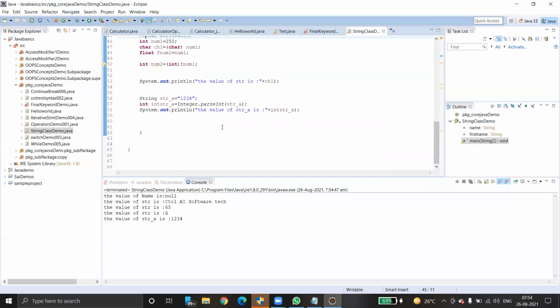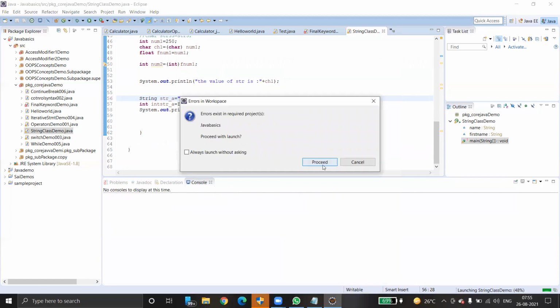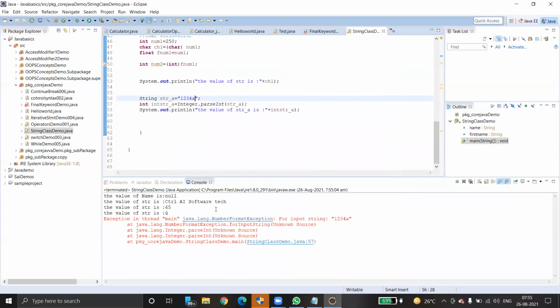See, now it has taken the entire 1, 2, 3, 4 as an integer. Try to give a, Control A, right click, run this program again. Just enter. See, we got an error because we can't parse character into integer. See, number format exception.